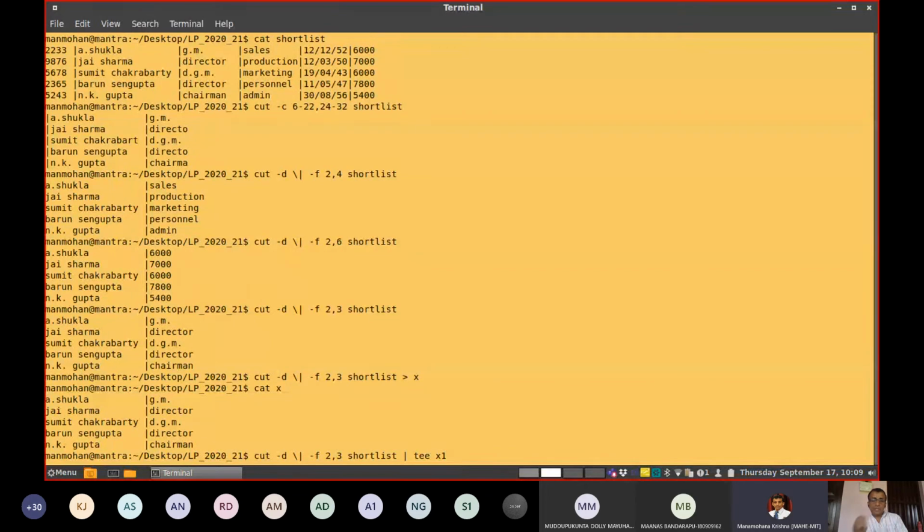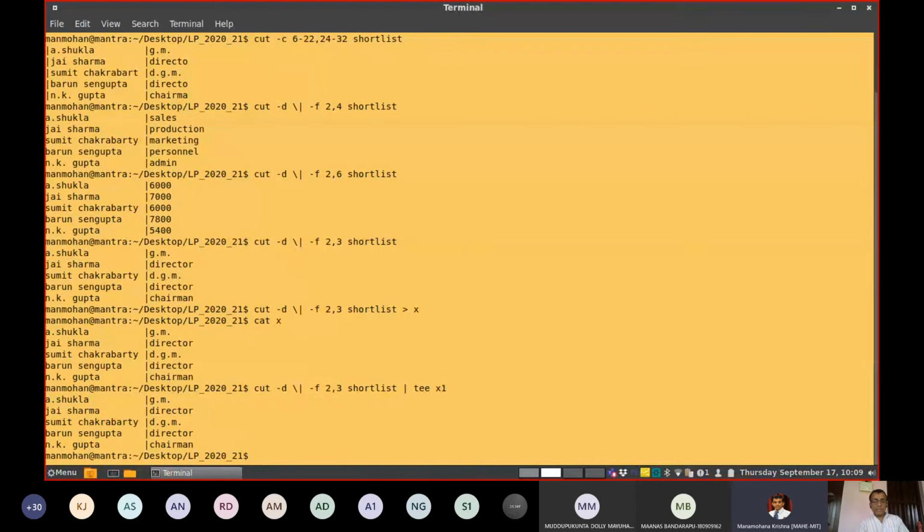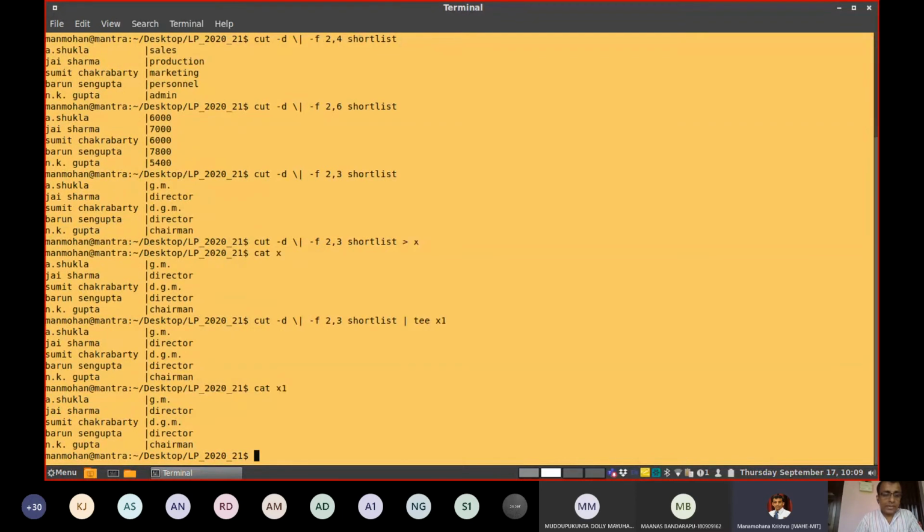If the usage is like this, one output will go to standard output, that means the terminal, and another output will go to a file called X1. So it is displayed on the terminal, the standard output device, as well as if you look into cat X1, you can find this content in that file X1 also. So this is the difference.